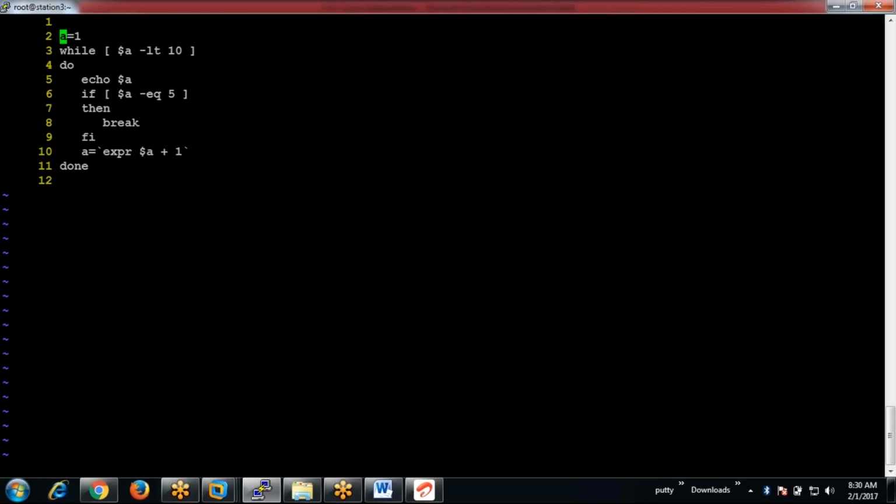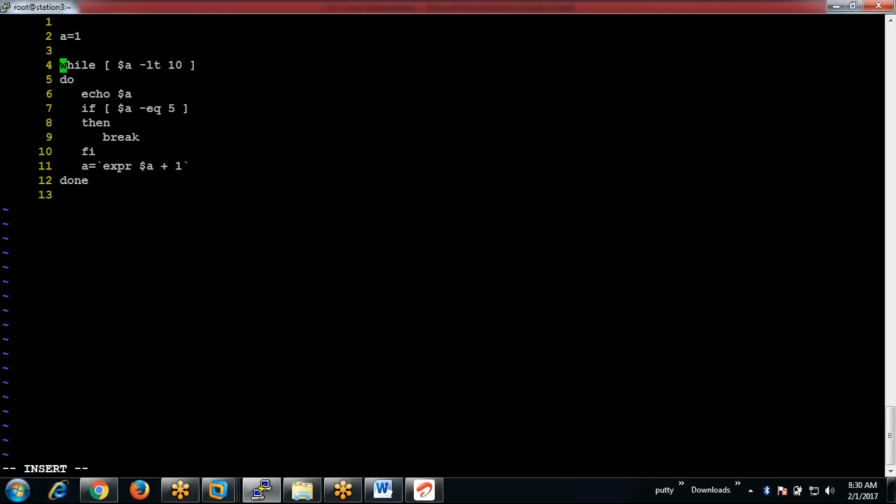See here, while a is equal to 1, here we are verifying a is lesser than 10. Yes, condition satisfied. Do echo $a. So it will be printing the value of a here. And after the value of a is getting printed, it is checking the